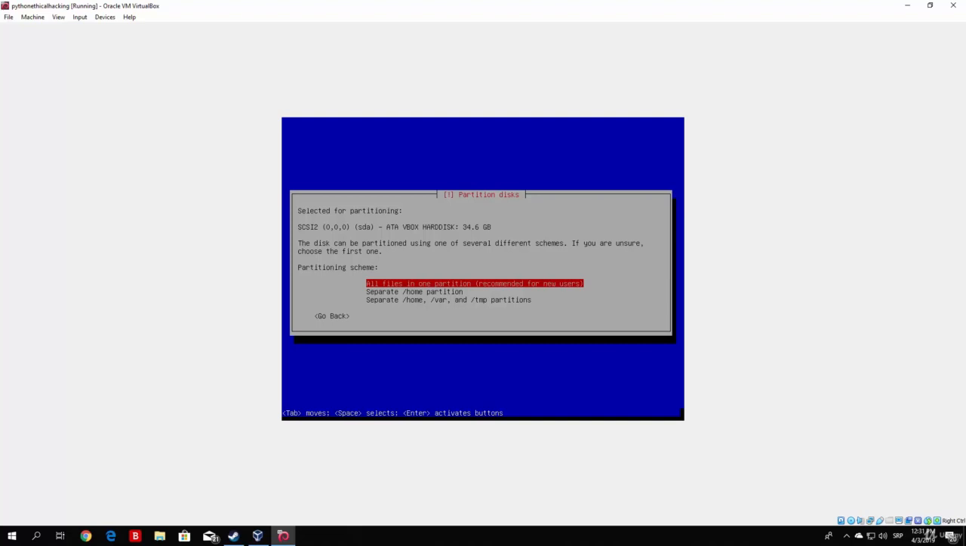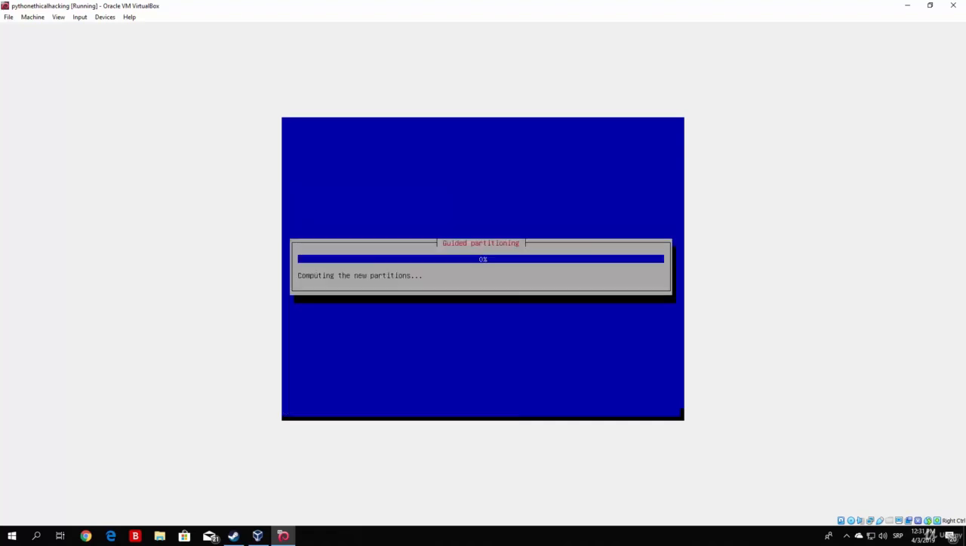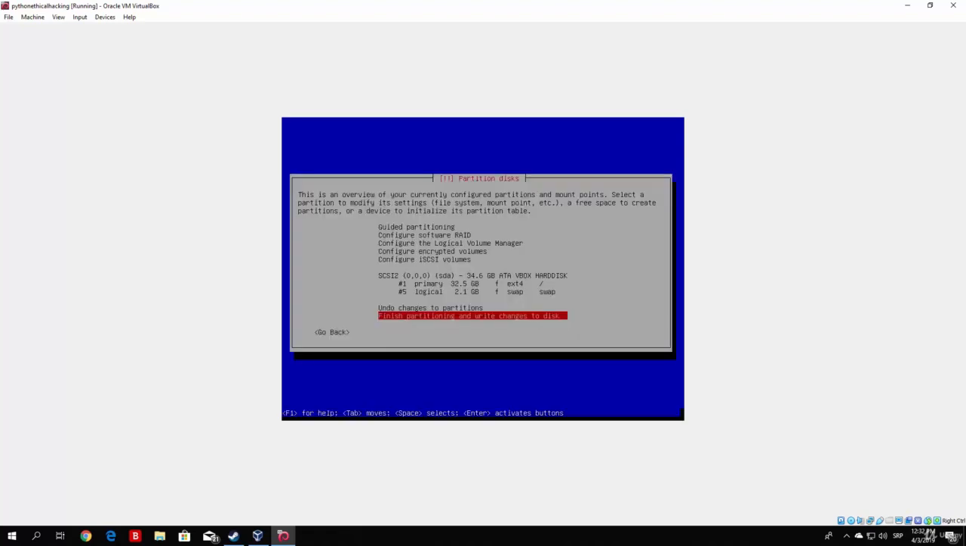And for this part right here, you want to select the all files in one partition. As it says right here, it is recommended for new users, and if you're watching this video, you're most likely a new user of this, so you want to go with this so it doesn't present us any other problems. So just select all files in one partition, click enter, and right here click finish partitioning and write changes